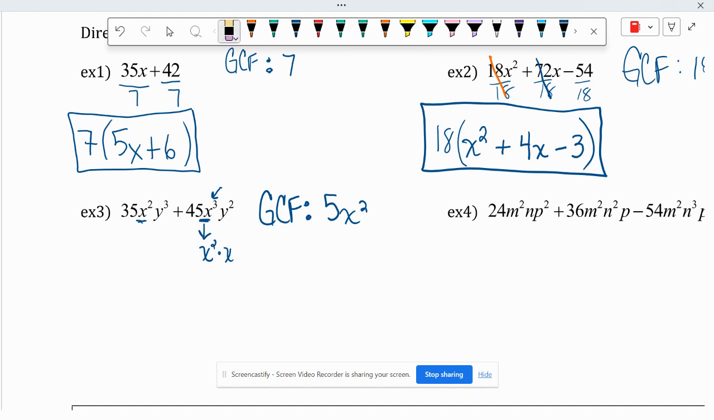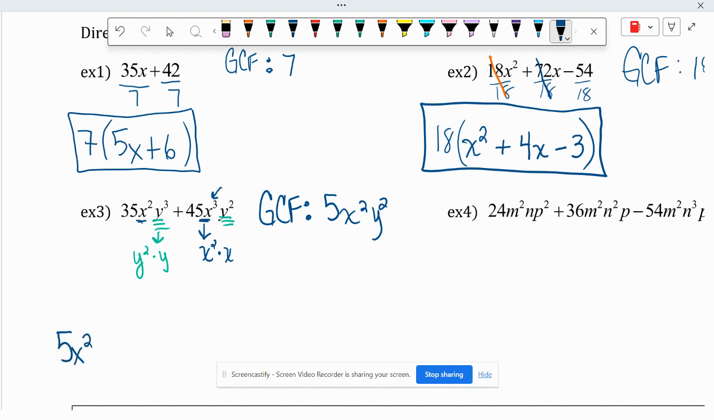All right, now let's look at the y. I have a y cubed and a y squared. Well, y cubed is the same thing as y squared times y. Yeah, so I could definitely take out a y squared. So that's the greatest common factor. So I'm going to put that out front, 5x squared y squared. I'm going to rewrite my problem so I can show the division underneath it. So when I divide both terms by 5x squared y squared,